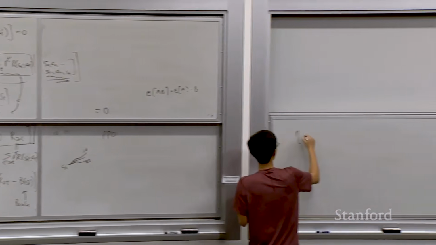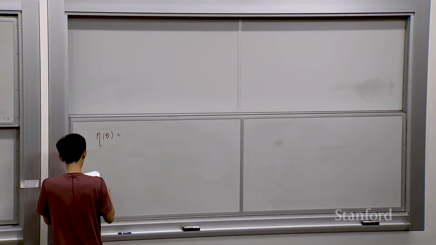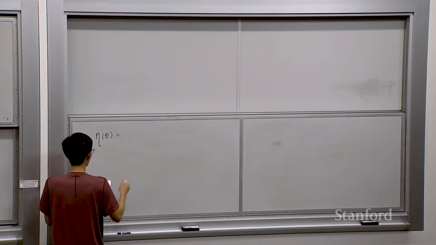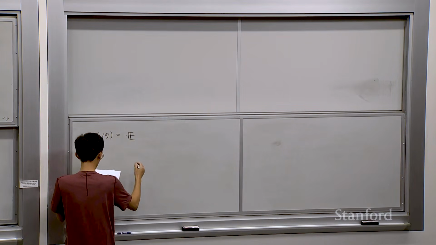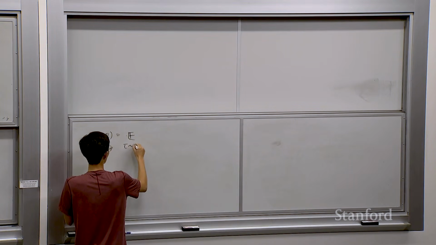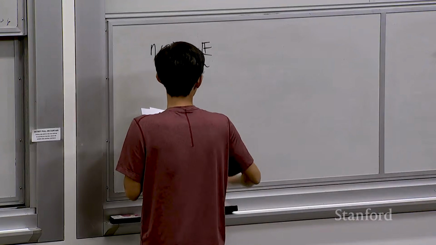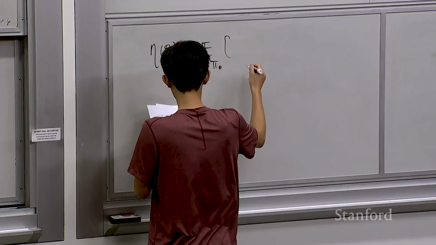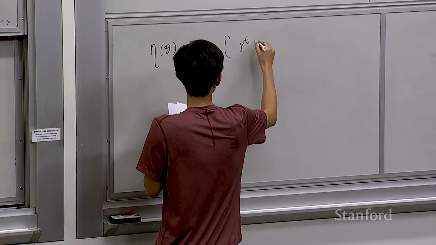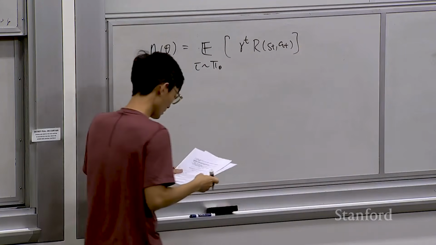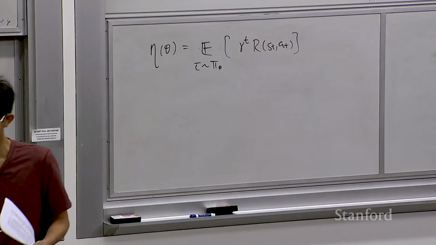Recall that this loss function is something like this: the trajectory comes from pi_theta, gamma to the power t, r(s_t, a_t). So if you take the gradient,